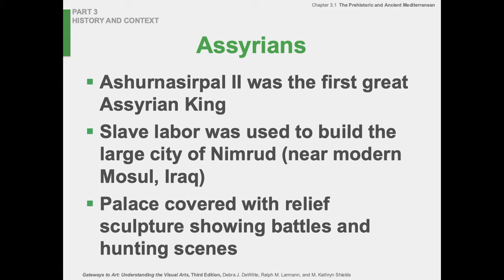Okay, the Assyrians come in, and slave labor is used to build the large city of Nimrud near modern Mosul, Iraq. So we're still in the same area. So these different cultures, these different rulers just layer on top of each other. They come in one after another. The palace is